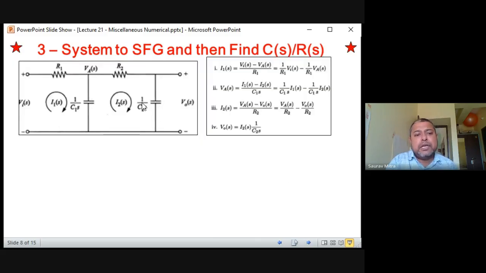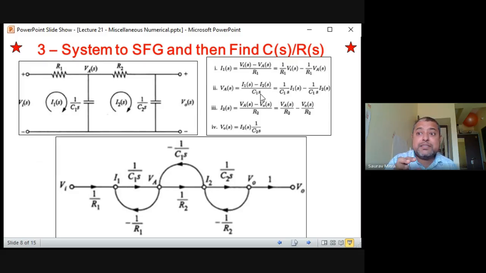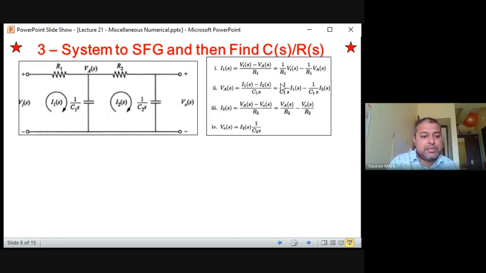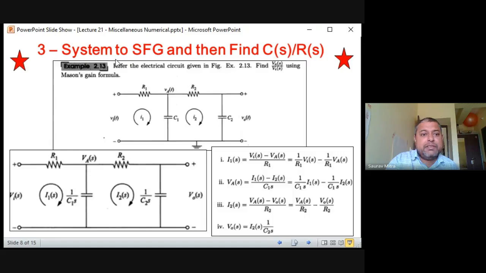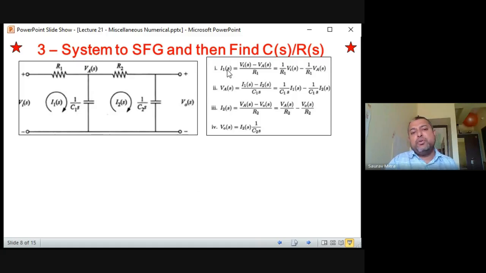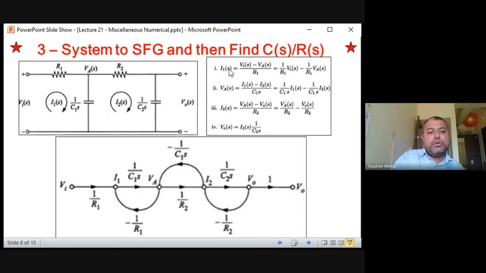In the next slide, I have shown the circuit and these four equations. Now just check, this is the real art: how can you get the signal flow graph from these four equations? This requires practice. This slide number 8 is very important, and whenever a numerical is important, I am putting a star here. Important means important for understanding. So don't tell me I am not setting the paper or anything. This numerical is very important from the understanding point of view. Whenever you find a star marked on a PPT or numerical, you have to understand it to the core.